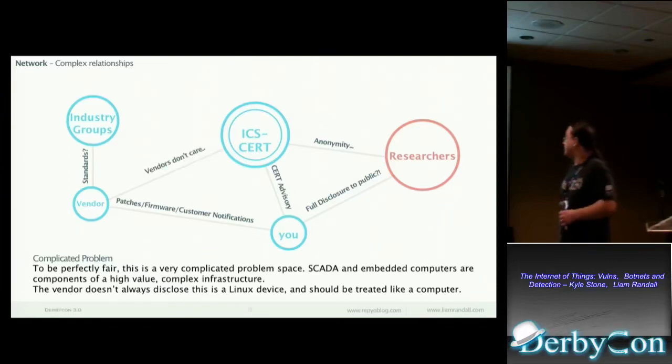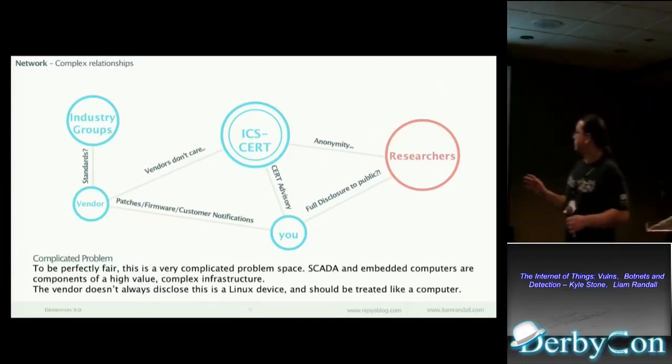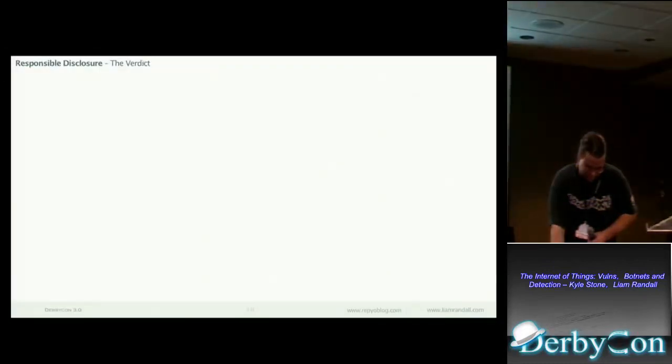When you get into a situation where the vendors don't care, I find it really difficult to deal with them. A lot of times, what people are doing now, they're going through CERT to get a bit of anonymity and a bit of insurance so that the vendors aren't going to come after them. So, how do we disclose responsibly when